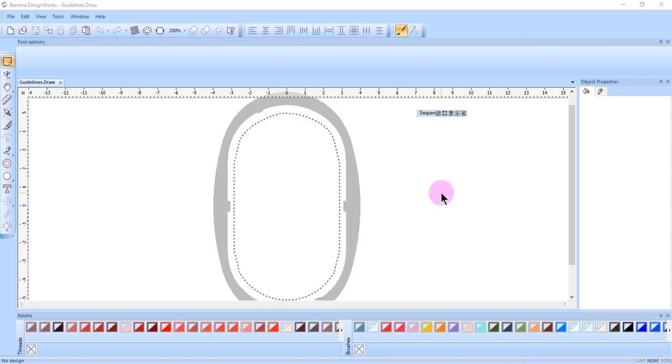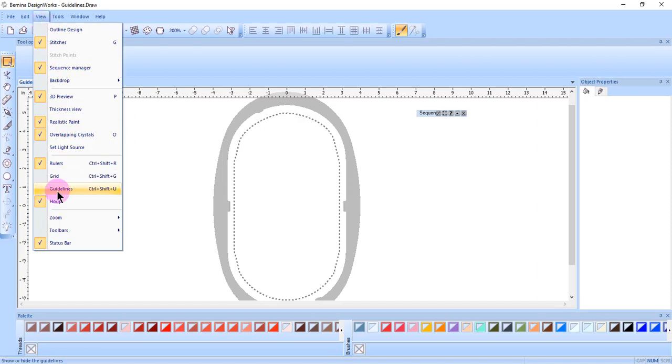When you create a design, it is sometimes useful to add guidelines. There are three types of guidelines available: horizontal, vertical, and diagonal. Before adding guidelines, make sure they will be visible by going to the View menu and make sure there's a